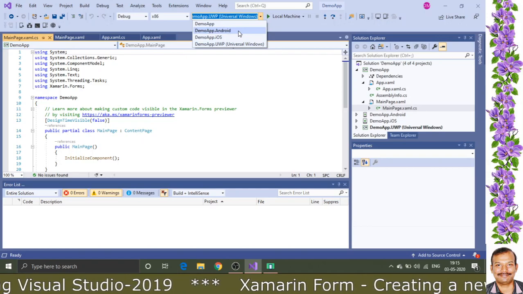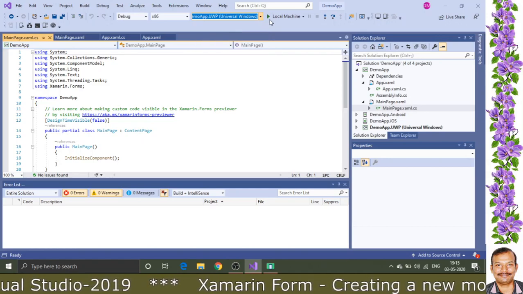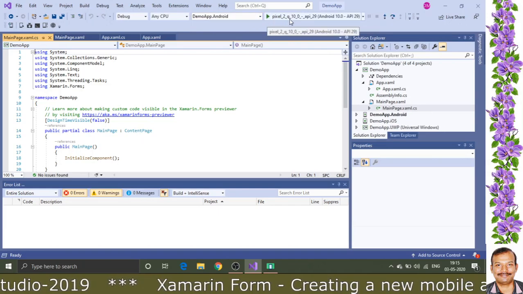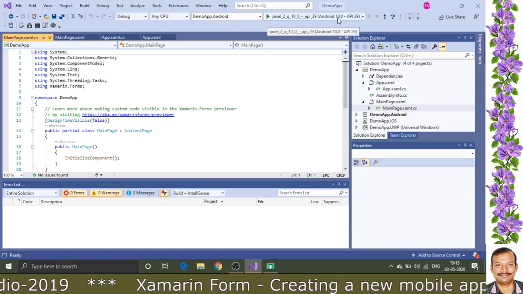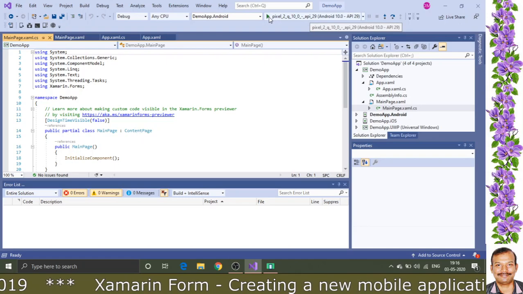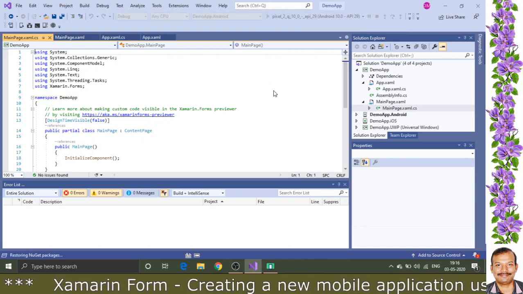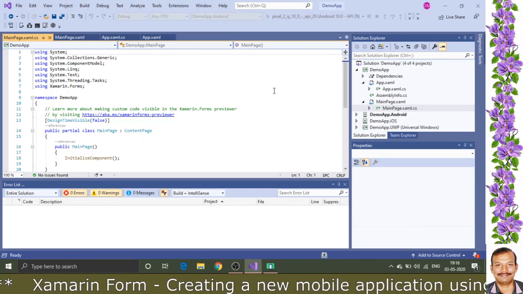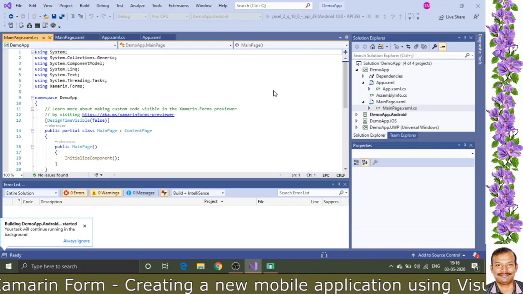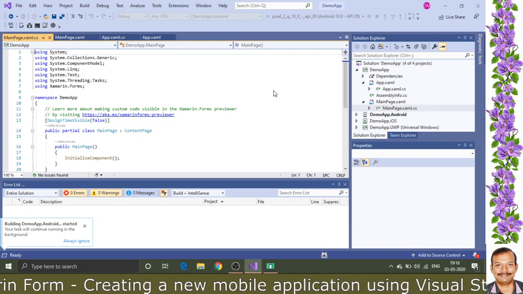Now I am going for Android deployment, okay. I am selecting this demo Android app, okay, and here you can just see I have installed Pixel 2 with API 29, okay, Android 10, API 29. Now I am going to run it. So this will again open the Android emulator, and in that it will deploy it. Again it might take 2 to 3 minutes to complete the whole process, and again it depends upon your RAM.